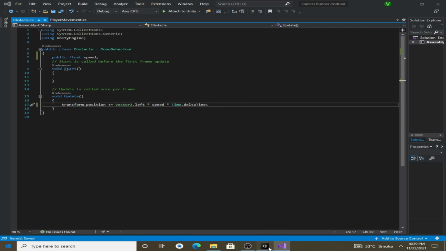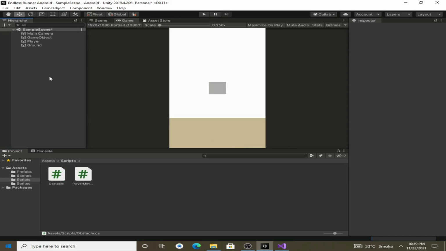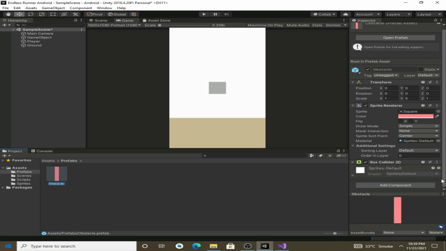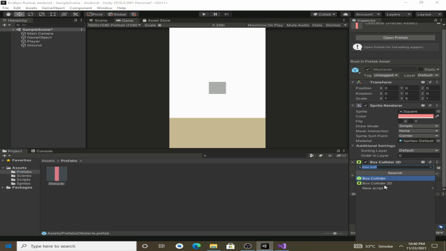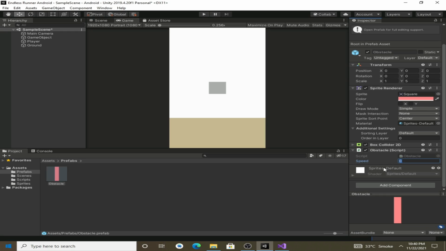And now if we hit play, first of all, let's add the script to our obstacle prefab. So add component and search for obstacle and add it. And for now we will make speed 4. So let's type in 4,